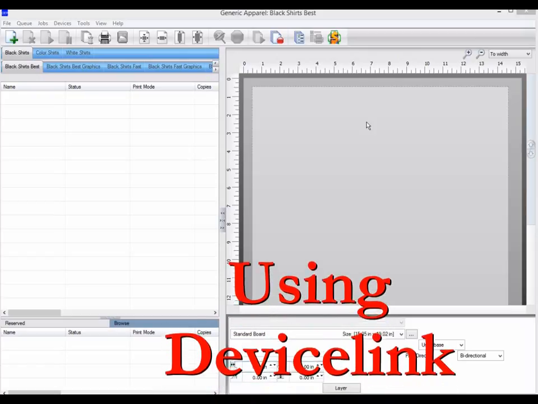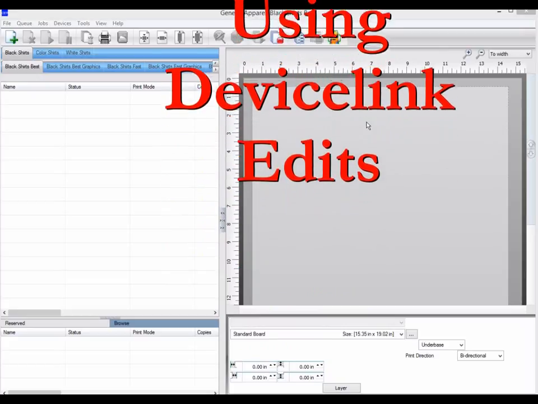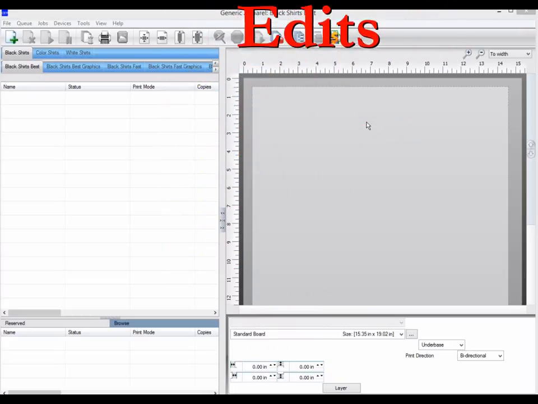Hello. In this video, we will be looking at using device links to change your CMYK settings on the output. A device link is part of the ICC process, and there are actually different types of device links, but we are only going to be looking at using device link edits in this video. Device link edits can be used for all sorts of CMYK adjustments, from darkening or lightening your print to changing